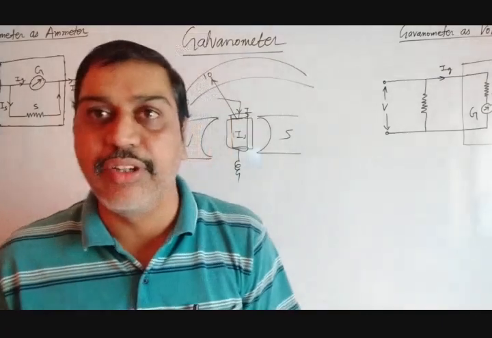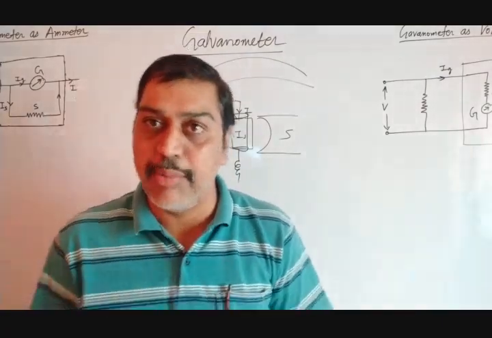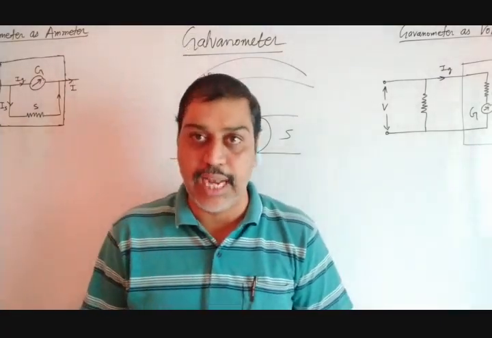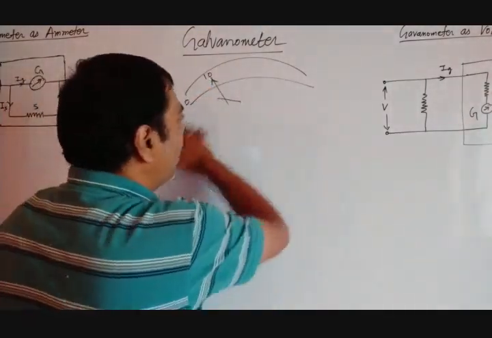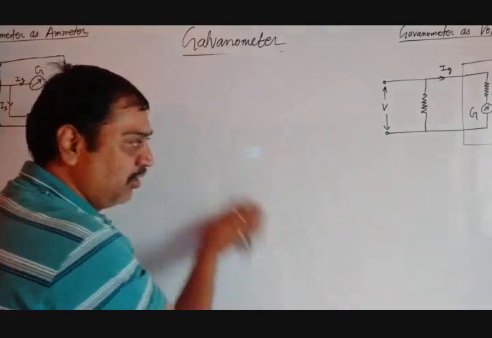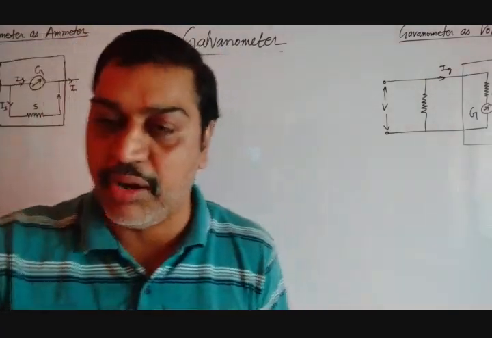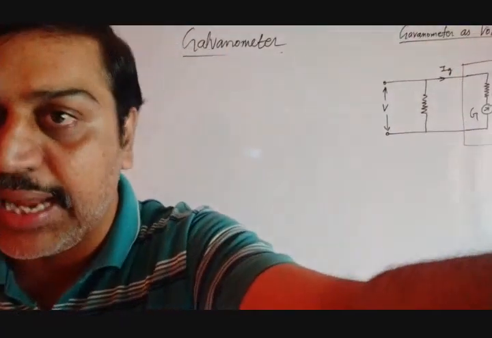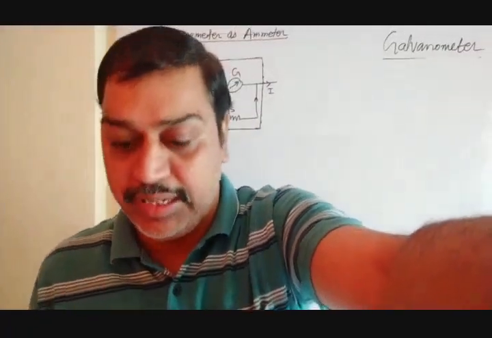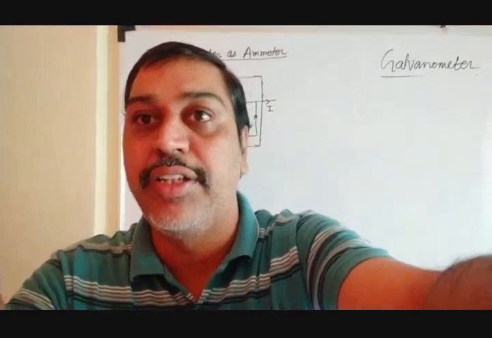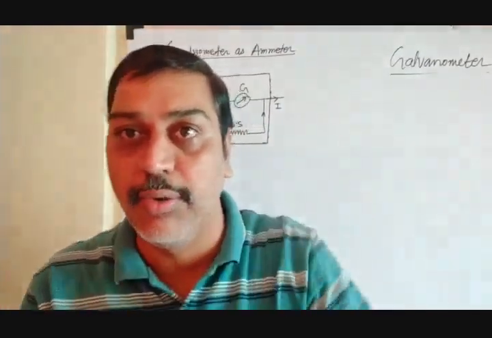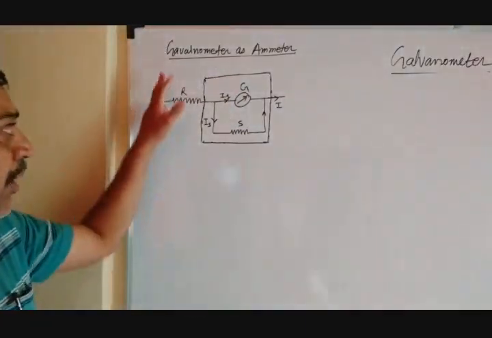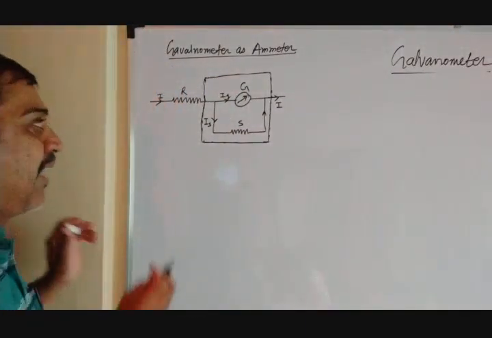So this is nothing but a galvanometer. Let's start with the first application of the galvanometer. As the galvanometer can be used to measure voltage as well as the current, let's start with the first one: how the galvanometer can be used to measure the current. For this, I have drawn the diagram here, so let's see how the galvanometer works as an ammeter. Ammeter means the current measuring device. The same device can be used to measure the current as well as the voltage. Now let's see the first application, galvanometer as an ammeter.